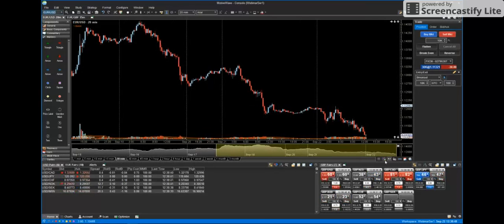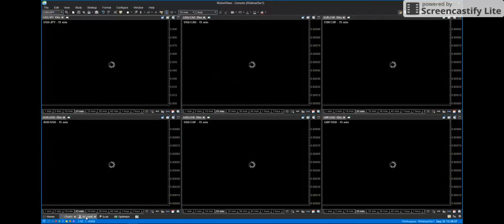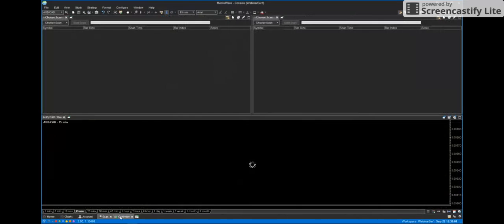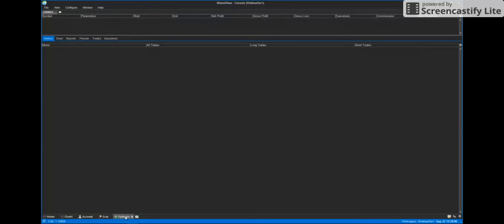Here you have your navigation icons. Again, this is the bird's eye view template, and this is if you want to change to a semi-log scale on the chart. Here you have your watch lists, your buy-sell boxes, your pages, which with a default layout are set for functionality. For instance, you have charts, scanning, optimizing,